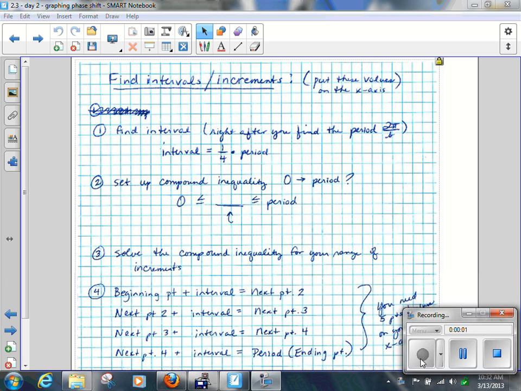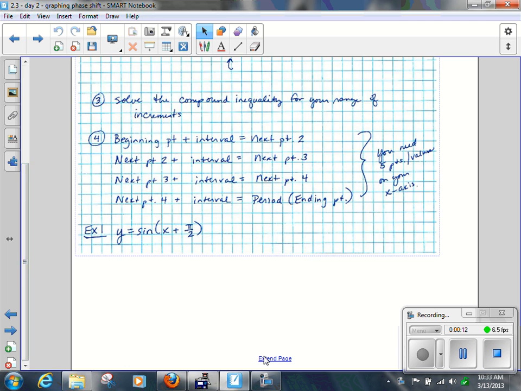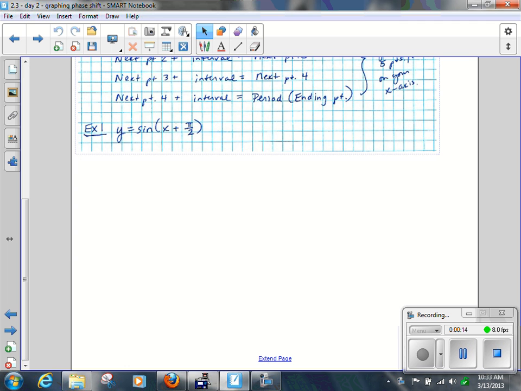Yesterday, okay? I need to see how far we got yesterday on these notes. We had solved our compound inequality, which is at the very bottom of my page. It's at the bottom of your page too. Okay, this today is